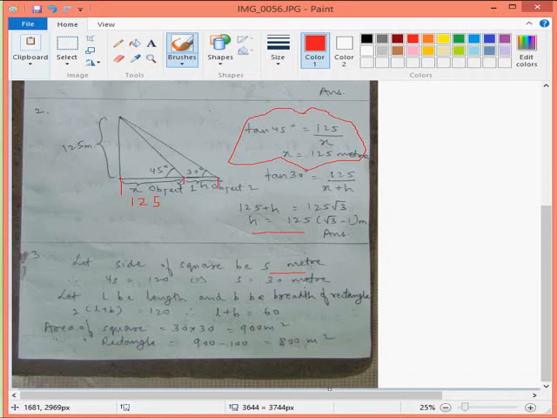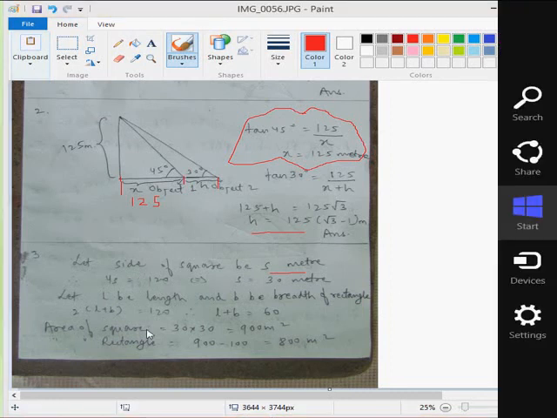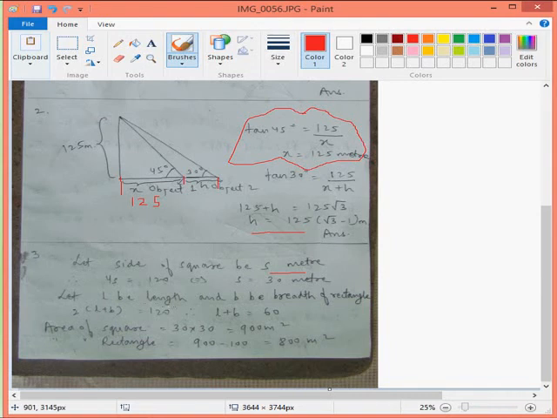So what is the measure of one side of the square? It is 30 meters. It came out as 30 meters. Now let us suppose that L is the length and B is the breadth of the rectangle. Then the perimeter will be twice of L plus B, and this is 120 meters. So the sum of the length and breadth of the rectangle will come out as 60. It is not that difficult.